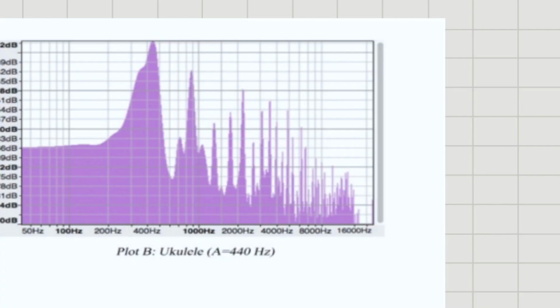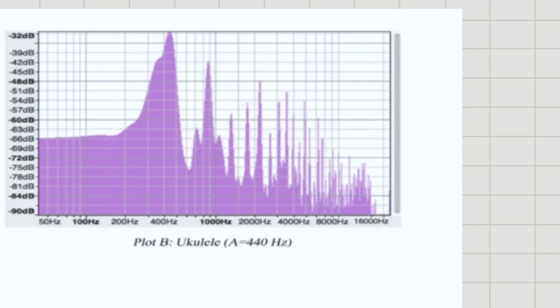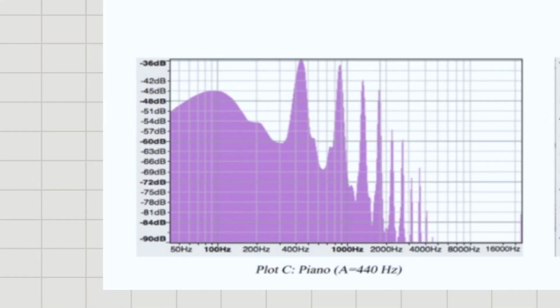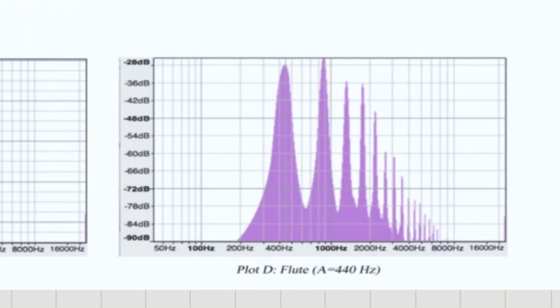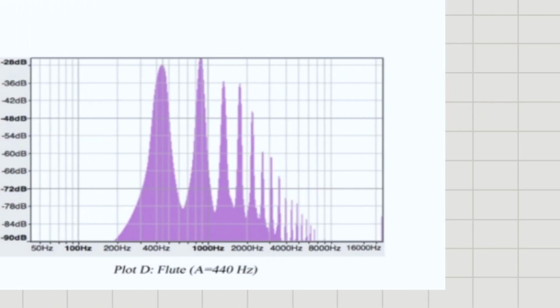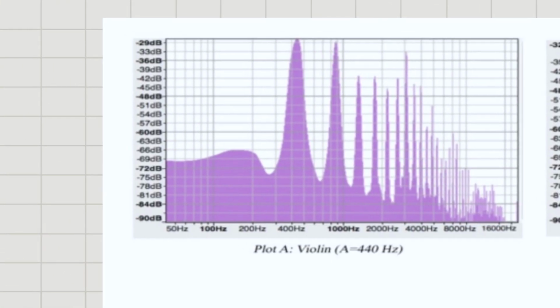Okay, it tails off the overtones, got a lot fewer overtones. There's the piano, really defined spikes on that one. And then the flute, also super defined. And notice down here, there's nothing going on down here on this flute. That's why a flute can have such a pure sound, because there's nothing in the low frequencies, versus a violin,